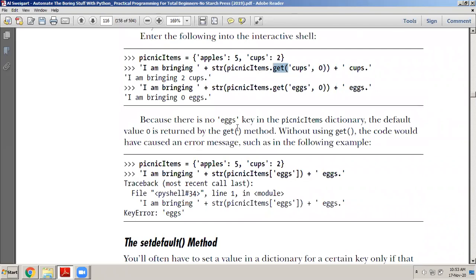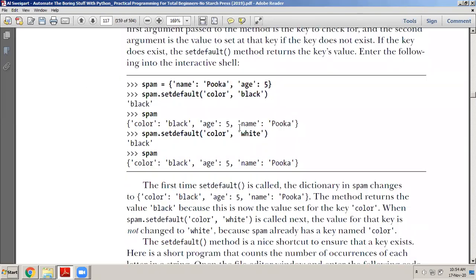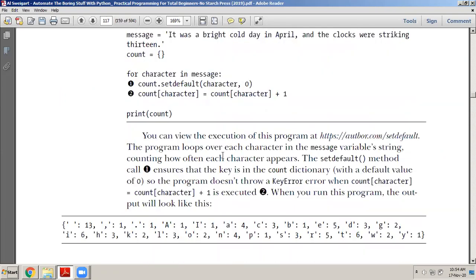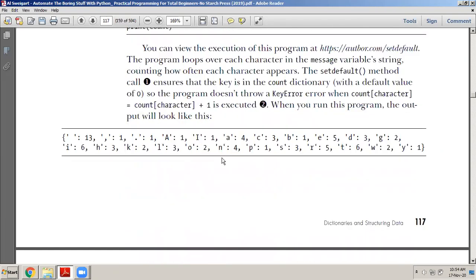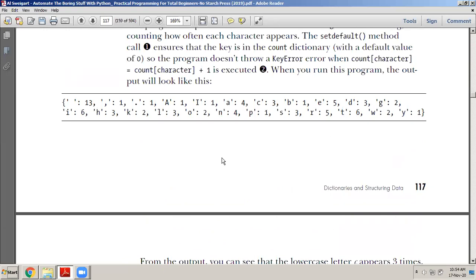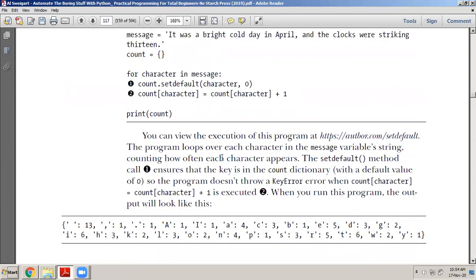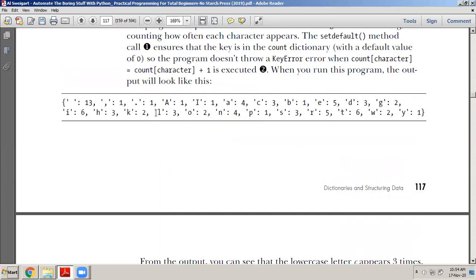Any 5 they will ask you, or sometimes they may ask you to explain any 6, or sometimes any 3 built-in methods available with dictionaries. So you have to explain all that. So setdefault is important. You have to understand that.